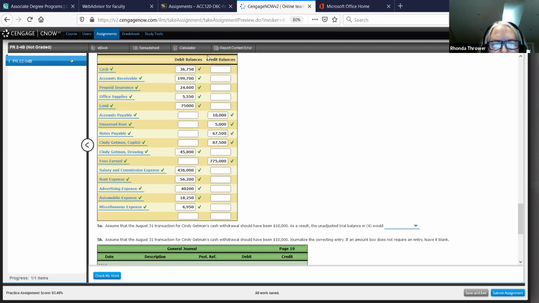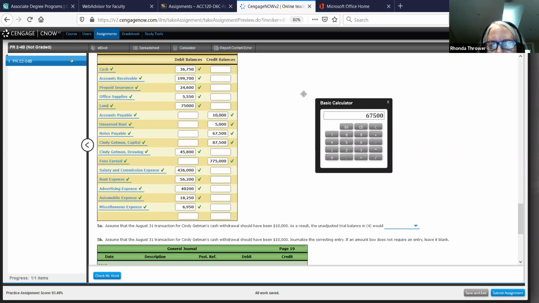Let me see if I can pick up the calculator. Yeah, there it is. I'm gonna clear it out. Thank you for bearing with me. I'm going to do the easiest thing I know how to do, which is to add the credit side because there's less to add there. So I'm going to pick up 15,000. What I did is I combined both my accounts payable and my unearned rent together. And then I'm going to add to that